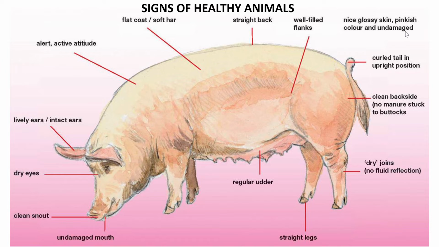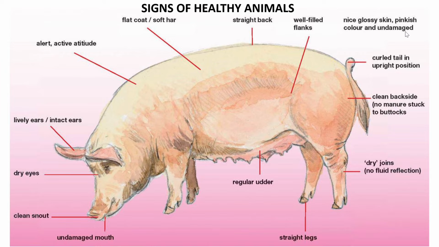The animal is generally clean. We don't see any blood. We don't see any wounds, sores, or anything. It seems like it can still move. There's nothing wrong with the udders. We can assume the sow has been suckling piglets, but there's nothing wrong there. Again, no bleeding, no sores or anything we see. Its snout is nice and clean.